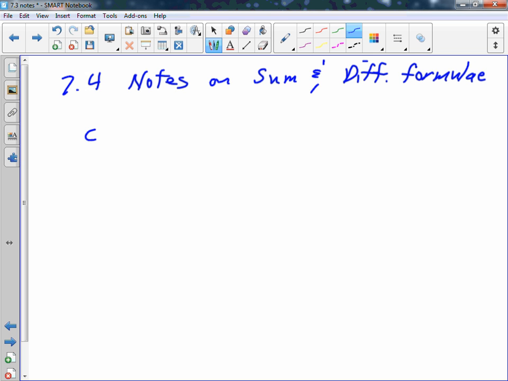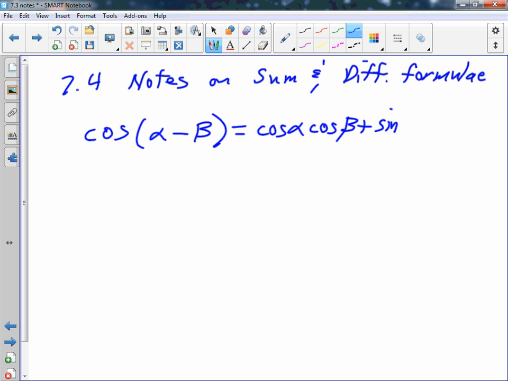Many of them are things like cosine alpha minus beta equals cosine alpha cosine beta plus sine alpha sine beta. Now, with our modern calculators, you're saying, why would we even need such things? You're saying this is silly. But I'm saying, well, let's learn how to do these without our modern calculators, just using the unit circle. Because we can do things like